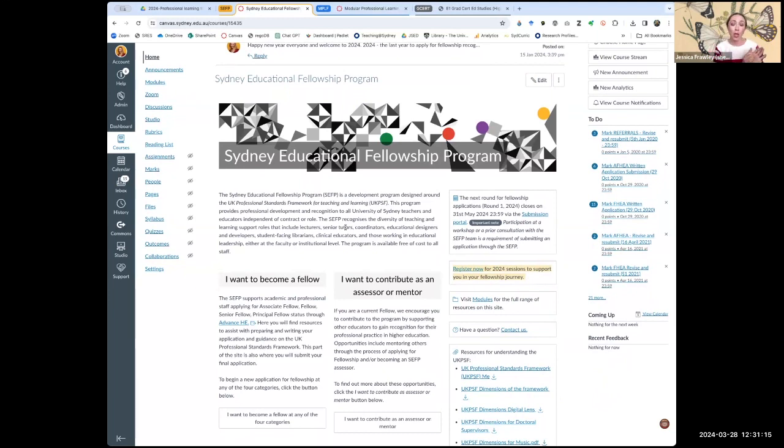This program, I direct this program, but I co-direct it with an educational design manager. So it's a program that's co-steered by both an academic perspective and an educational design perspective, so that we're trying to create a program that is genuinely inclusive for all. And the way we award fellowship is through panels of